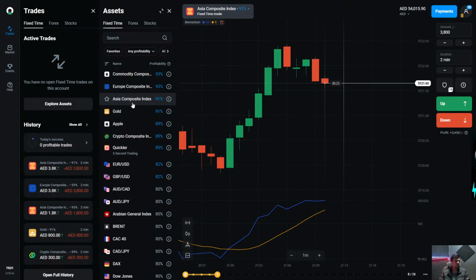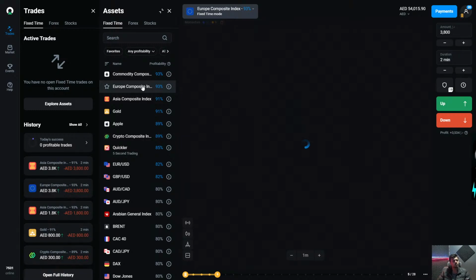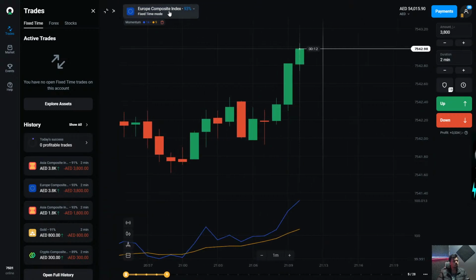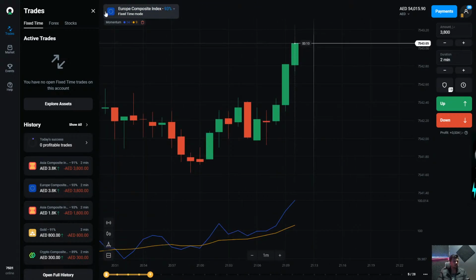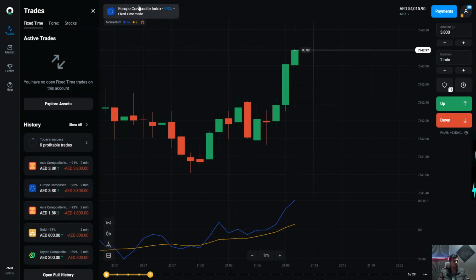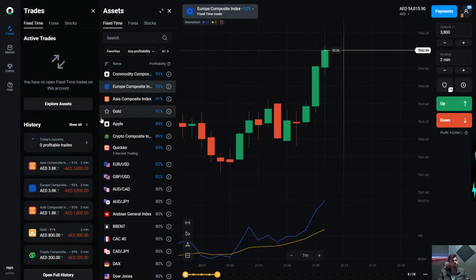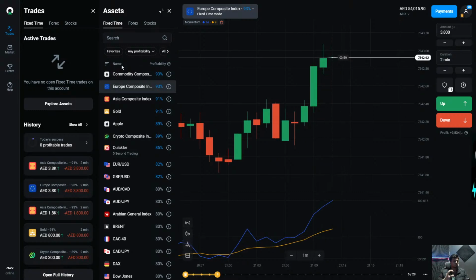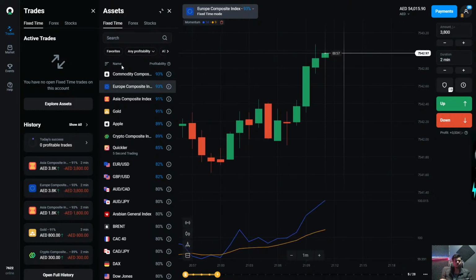And today the successful rate of the Asia composite index is 91 percent, and the Europe composite index, as I noticed for some time, is just moving on the higher profitable trade. So these things are in your hand. You can choose according to your choice. This is the composite index method. Here you just click and you will see lots of methods. This is the highest. The top one is giving the highest profitable trade, and we use the 2 minute trades here. So let's see.